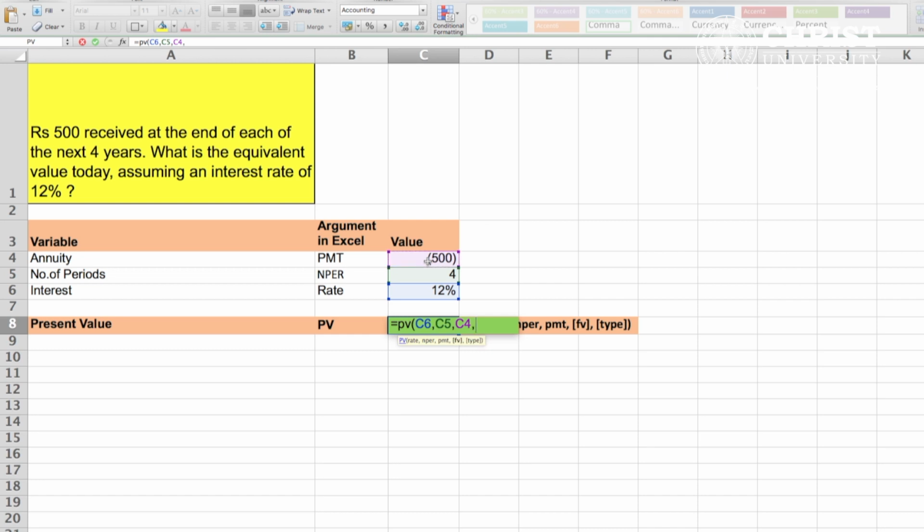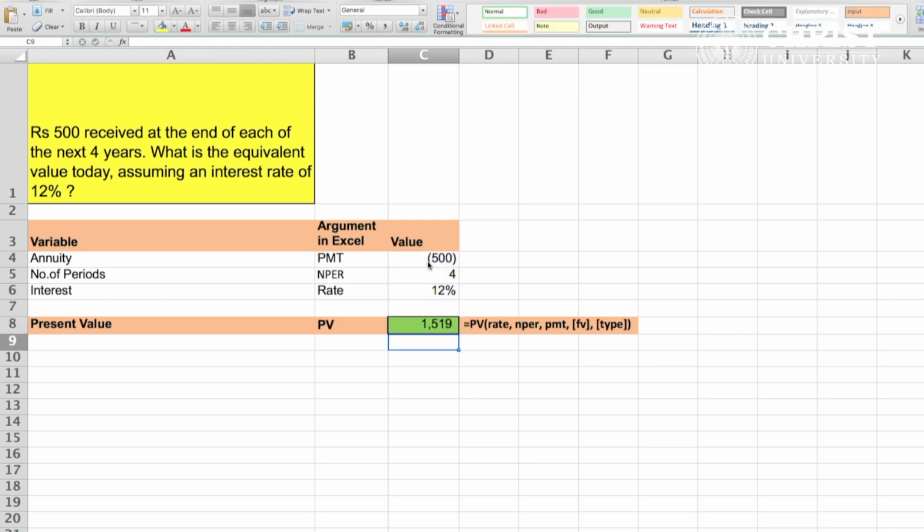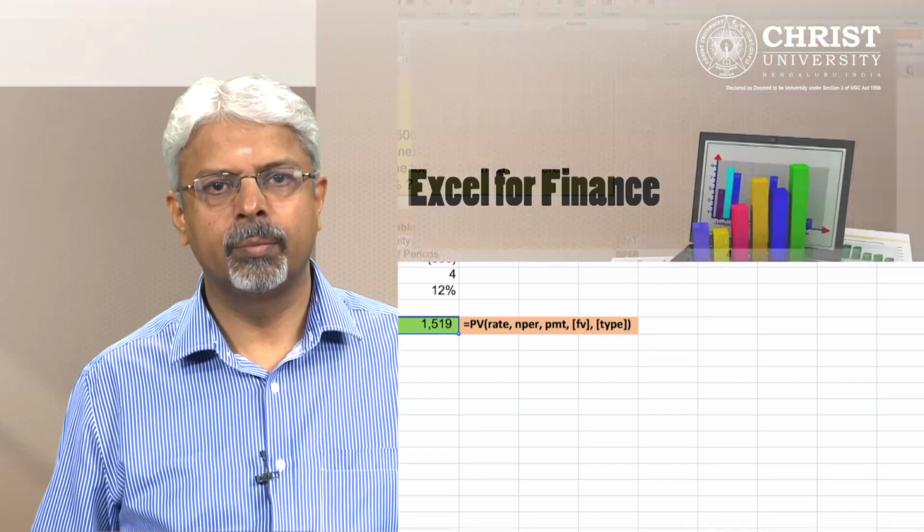We could ignore FV and type in this case, as this is only an ordinary annuity as opposed to lump sum or annuity due. If we close the bracket and press enter, we get the same answer that we got using the normal formula, that is rupees 1,519.